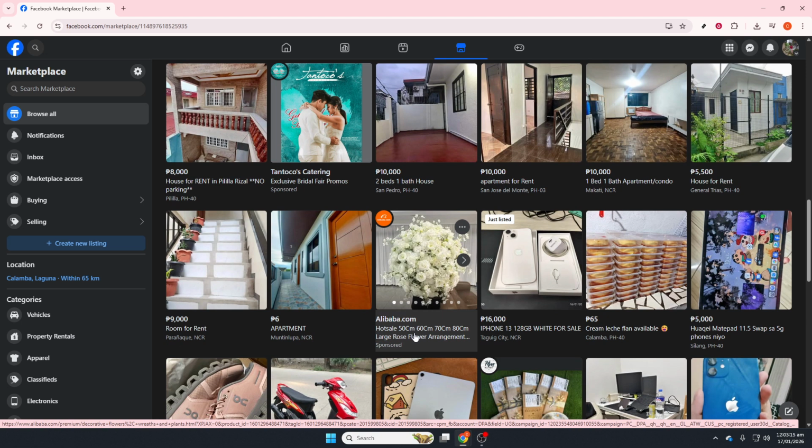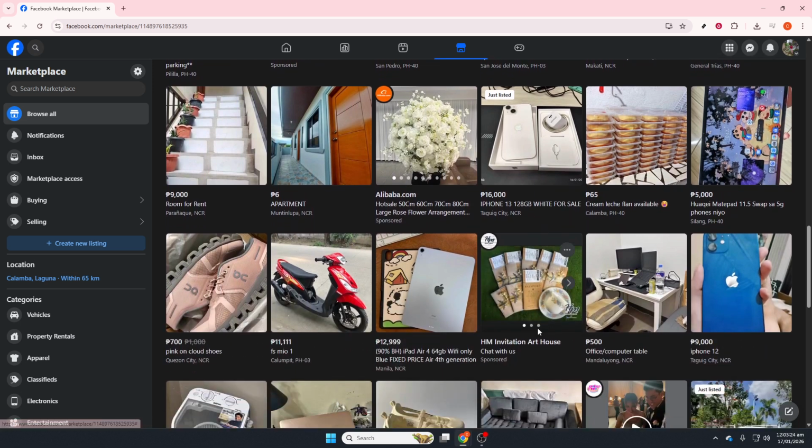If your account was restricted, request a review. Go to Menu, Help and Support, report a problem, choose Marketplace, clearly explain that Marketplace disappeared, and note there are no recent violations if that's accurate. Submit and wait. Responses typically take 3 to 14 days. Finally, if your account is new, Marketplace